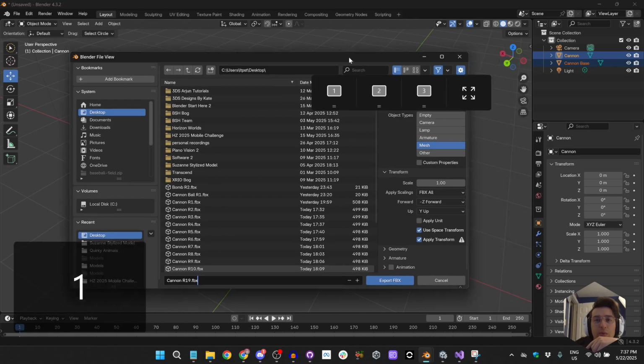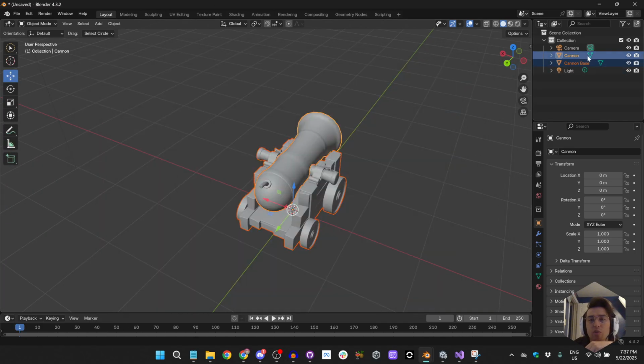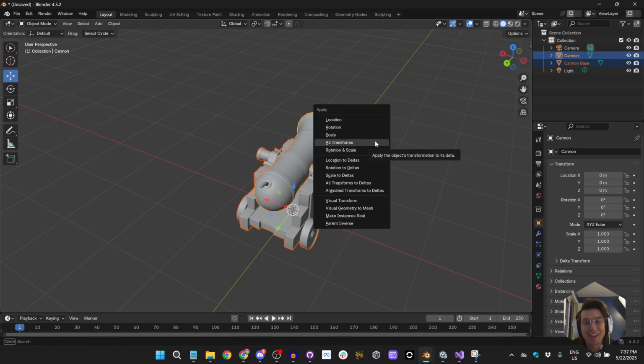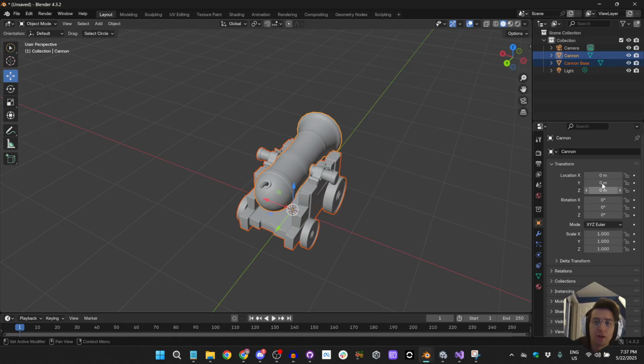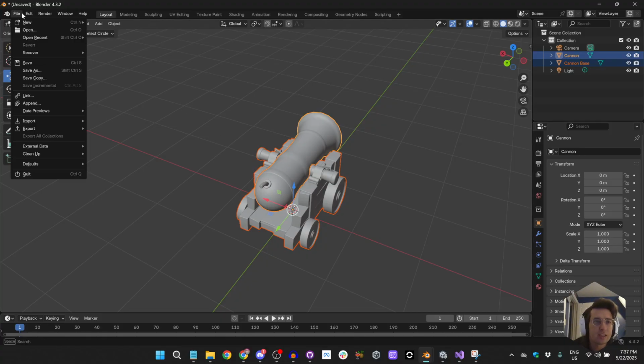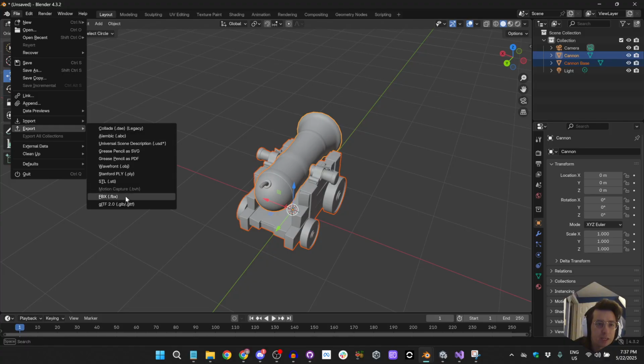In Blender, when we go through, we first want to make sure that our objects are selected and that their transforms have all been reset. You can do that with Control A, and then apply all transforms. That will turn all of your location rotations to zeros, and then your scales to 1. When that is done, we go to File, Export, FBX,